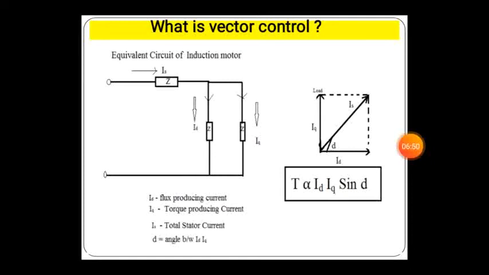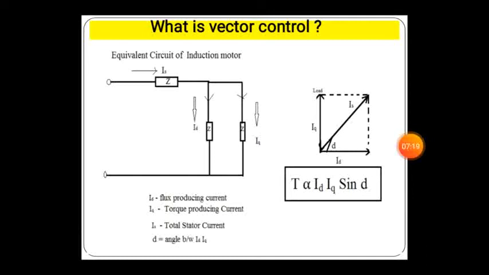According to the previous slide, we have drawn here the equivalent circuit of the induction motor. In this equivalent circuit, you can see that one current is flowing, IS, that is the stator current or the starting current. In this circuit diagram, this stator current